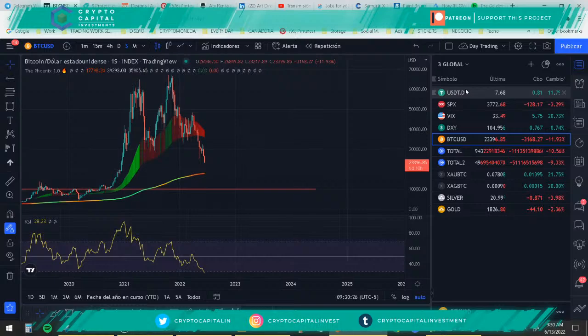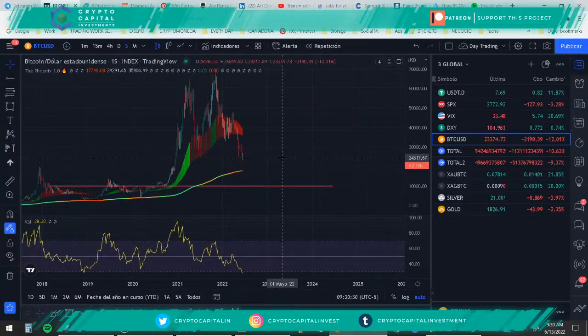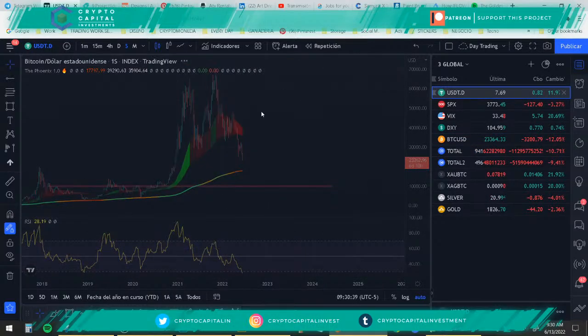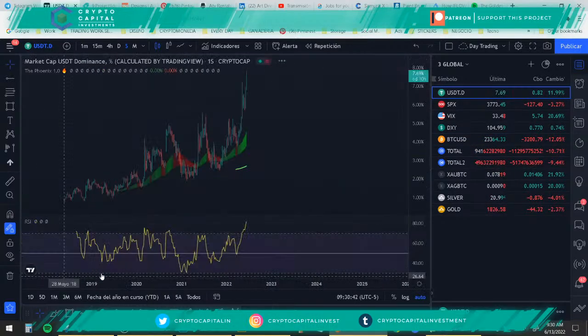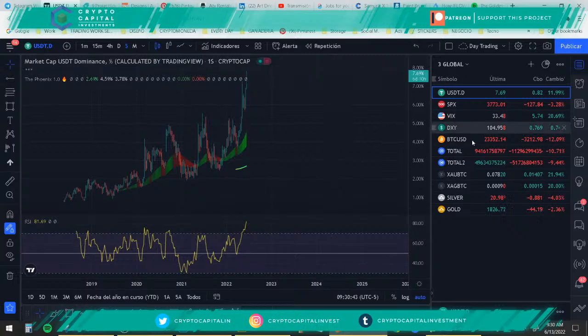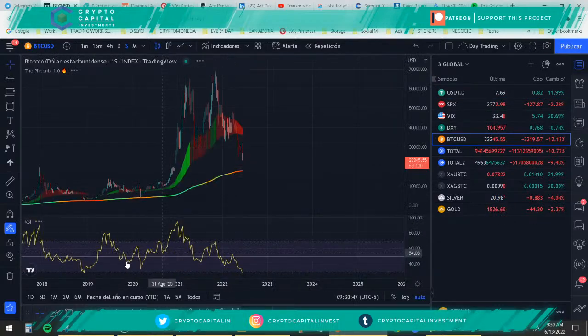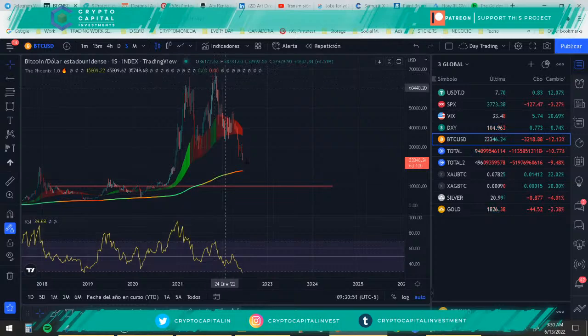So based on all of this, and also the fact that there's a lot of people saying that we're going to go lower, I do believe this is a good moment to start buying because of my 100% chart of Bitcoin RSI, because it's better to buy it now than when it was at 60.